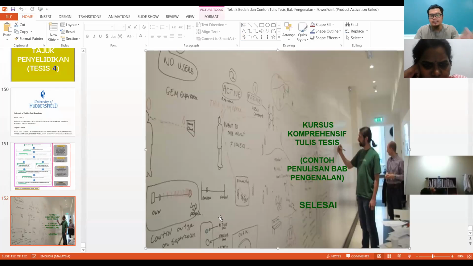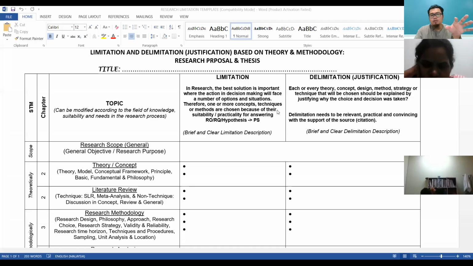I already gave this slide, and I already gave you this template last week. That's why I need you to become familiar with the template. So I share the template again to make it easier, so you are clearer on how to fill in this template, not just for this class assignment, but for your research and your proposal also, so that you know how to write the limitation in your thesis. Okay, I open for questions.